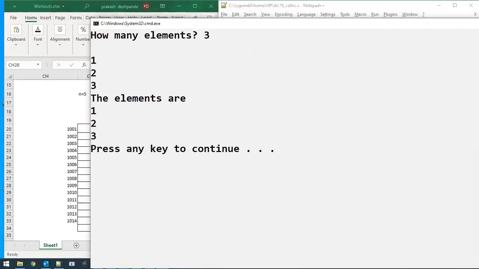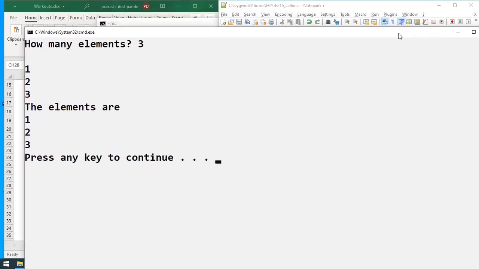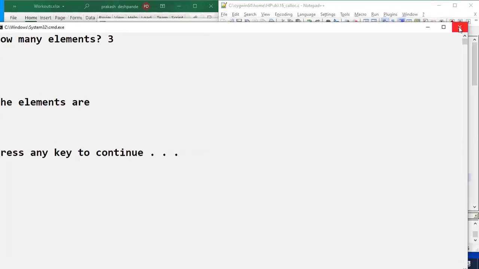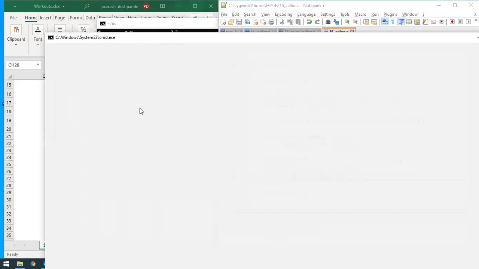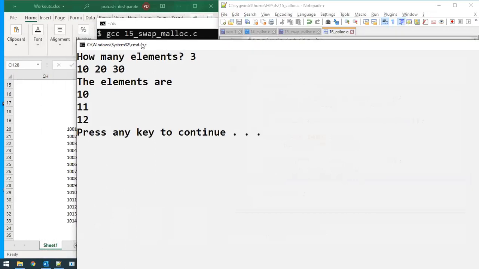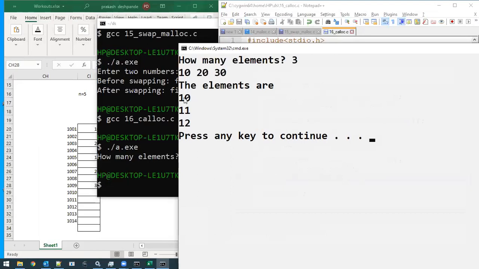Now let me enter some other numbers, not 1, 2, and 3. It is taking little time to load the screen. Say 3 elements. The first number is 10, second is 20, third is 30. Now, look at the result here. What is the output? 10, 11, and 12.